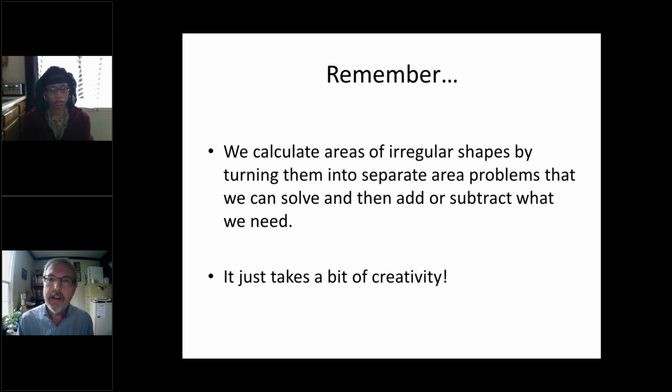Sometimes we have to look at what is not part of the shape and subtract that from something that would be a part of the shape if it was there. And sometimes we have to add different things together to lump them together. So we did a little bit of all of that in this lesson today. And you just sometimes have to stare at it a little bit. And it just takes a little creativity to figure out how you could make it into shapes that you can